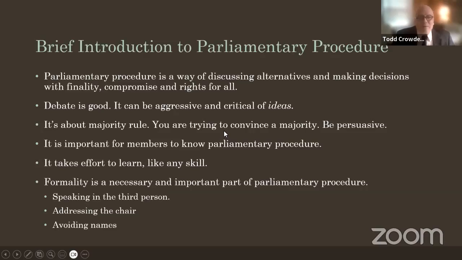But he thought that I was going to say some kind of abracadabra, make that motion go away, and that's not what parliamentary procedure is about. At the end of the day, it is about majority rule, the majority getting their way. I've heard similar with people, like somebody remembering the day after a meeting, hey, that motion I didn't like, I don't think it was ever seconded.